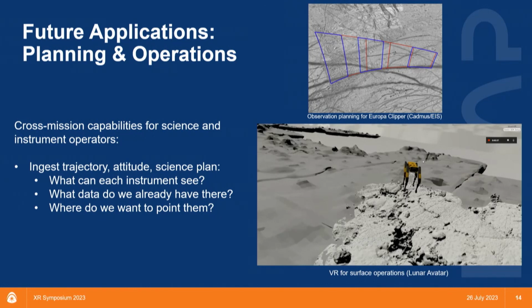Being able to project that and actually see that helps us, especially as we move into things like other future applications for planning and operations. These are screenshots from some other projects, one being Lunar Avatar that Ian and I worked on as well. Another one is a more traditional 2-dimensional view of a planning tool. But that 3-dimensional field of view lets you see things like